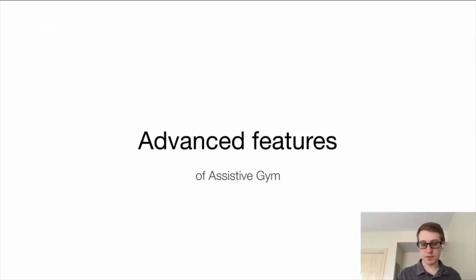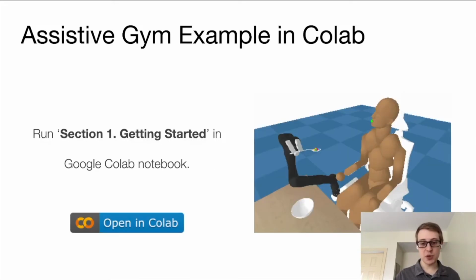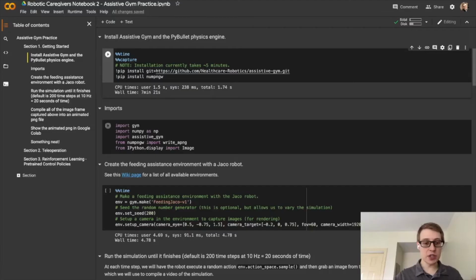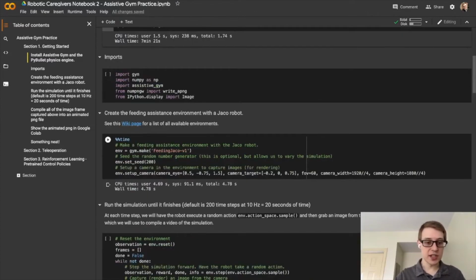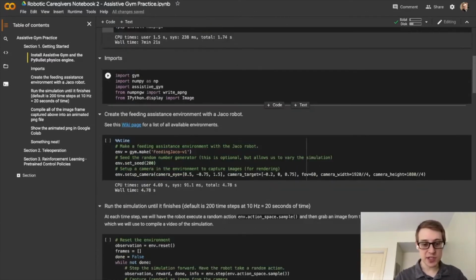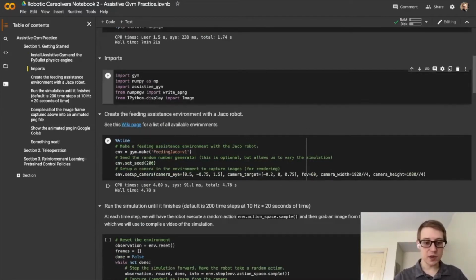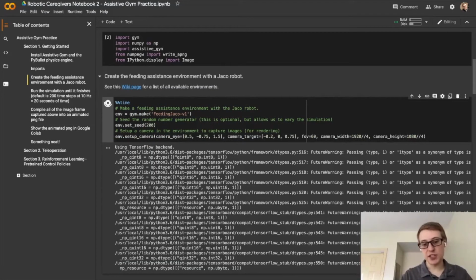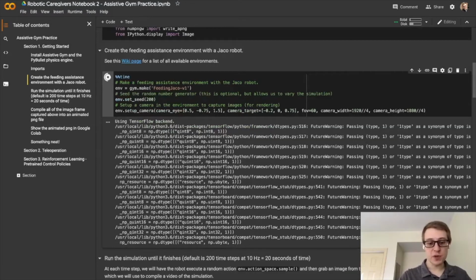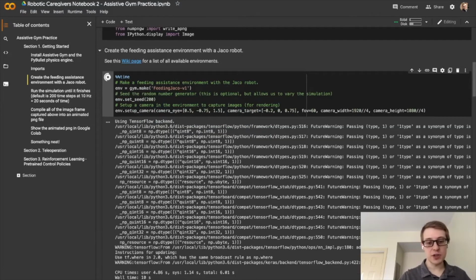If we go back over to our Google Colab notebook, we're just going to run all of the code segments in this first section. We'll do a bunch of imports. Then, as we've seen before, environment equals gym.make creates our environment for us. We're going to set a random seed value, which seeds the random number generator. Then we're going to create a camera in the environment, and this camera is going to allow us to see what's happening